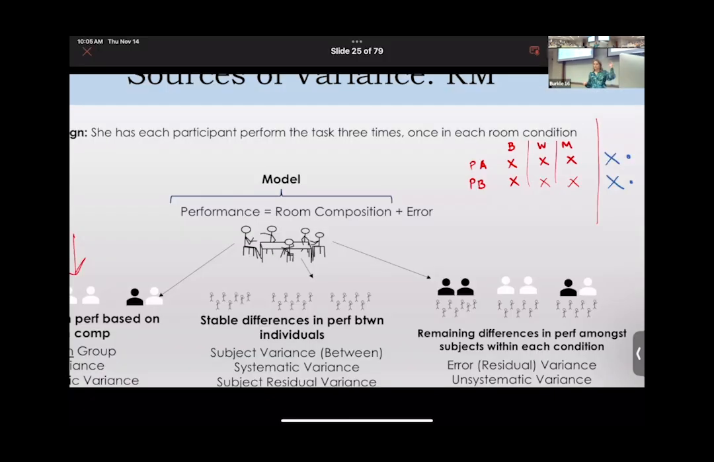Now, what did I do? Do I have any idea what is represented in here? Which room? All of them. I averaged all the rooms. So it has nothing to do with room. I just averaged them. But what it is telling me is just holistically, what's the difference between participant A and participant B? Those are stable subject differences, and they are between person, because they're the differences between participant A and